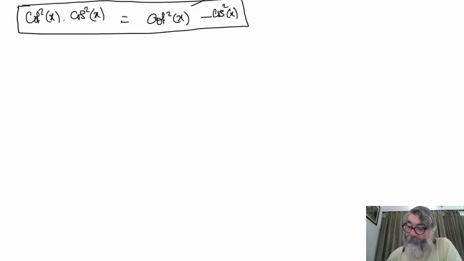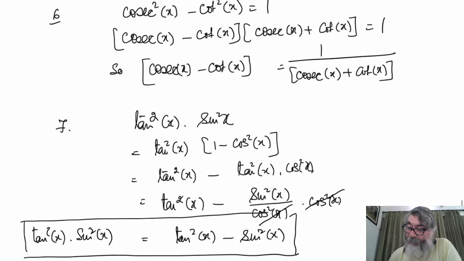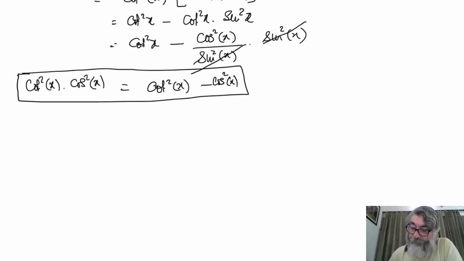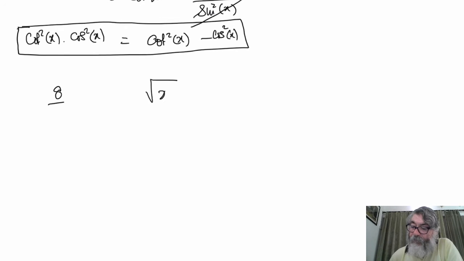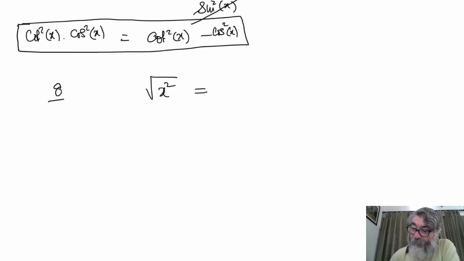The next thing is the eighth. Whenever a square root is taken, for example the square root of x square, we generally always add a plus minus sign with it. But here what we are going to write is not equal to x, but it is equal to the absolute value of x. It is always positive. The square root of a number will always be positive.